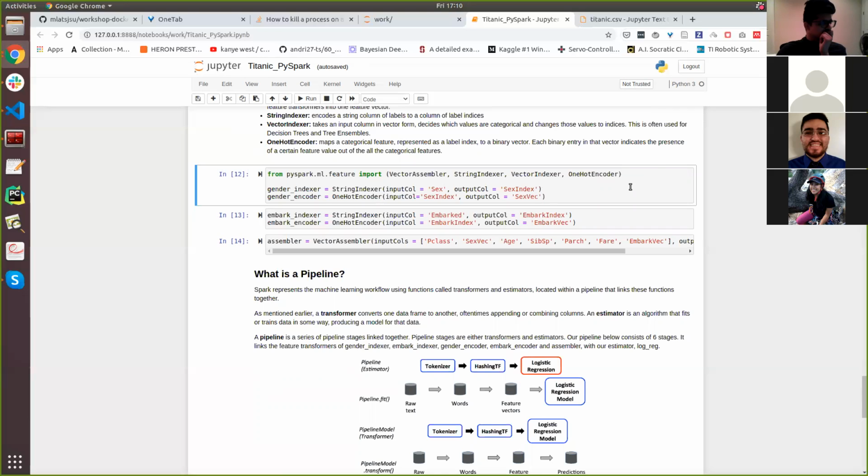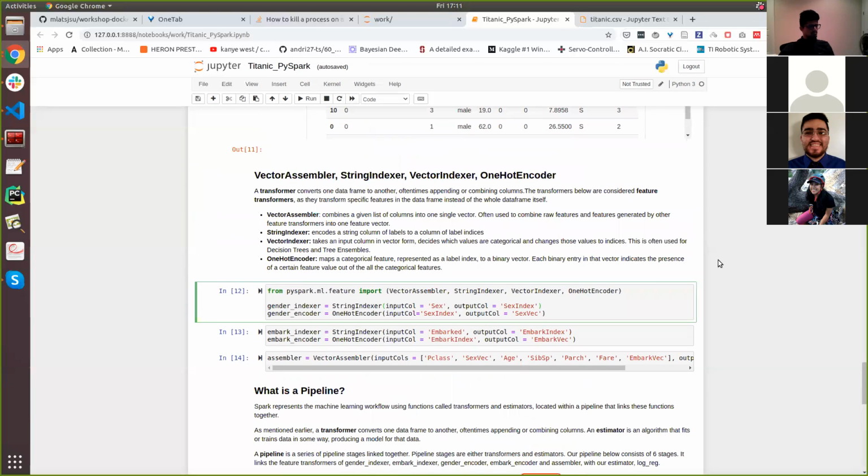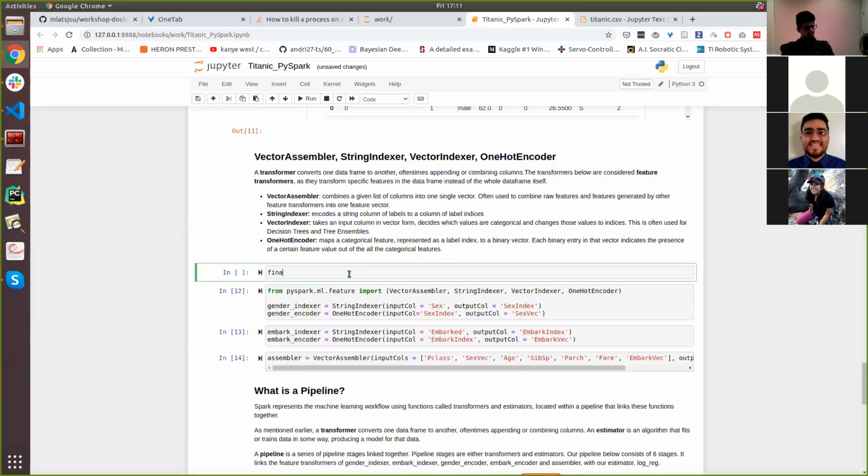So we're importing all these transformers, and then what we're gonna do is basically format the sex column into sex index. And so I believe the given sex column has male or female. And so basically what it'll do is, with string indexer, it'll go through that column we're looking at, and then it'll label each entry. So each entry should have M or F, and then it'll label it with the corresponding index based on how common that